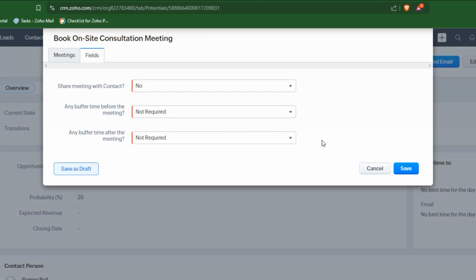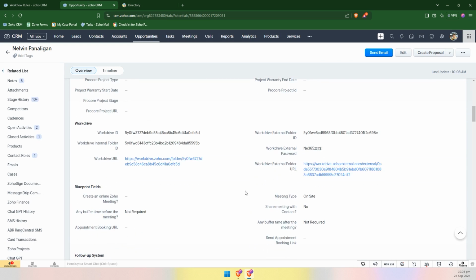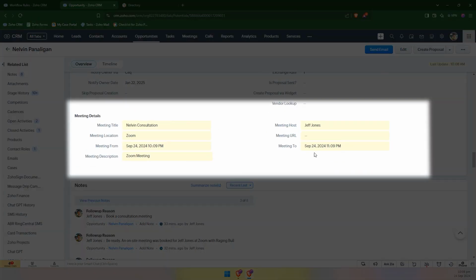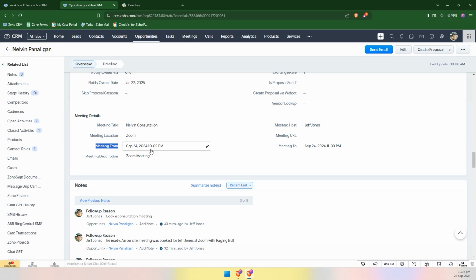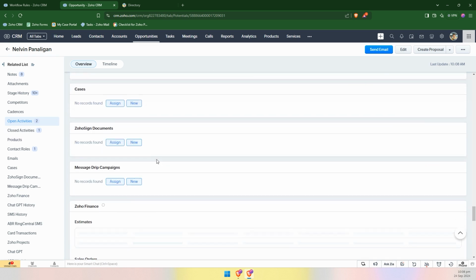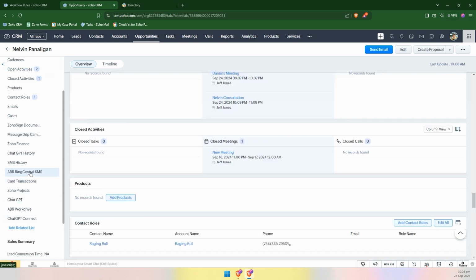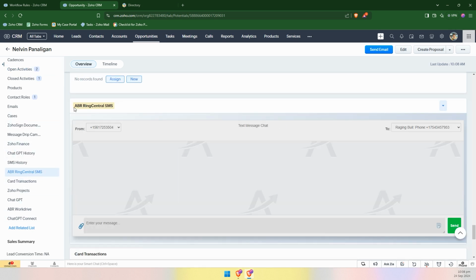These are some of our automation fields. We can create that, and then if we scroll down, the following fields were automatically updated. The workflow is based on the meeting from date field, so we can wait for a minute and see if it will send an SMS. You see here as well, open activities. The meeting was created here. Let's wait for a minute to see it appear in our custom widget called ABR